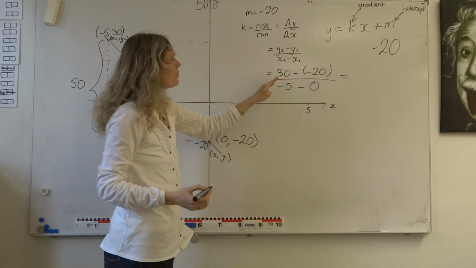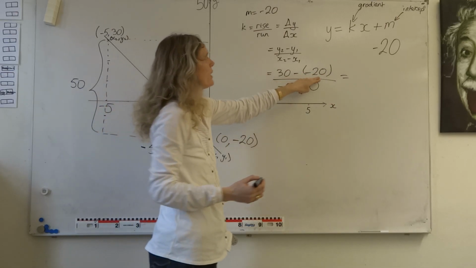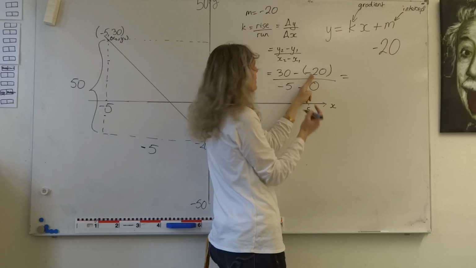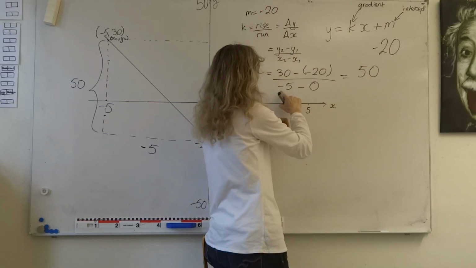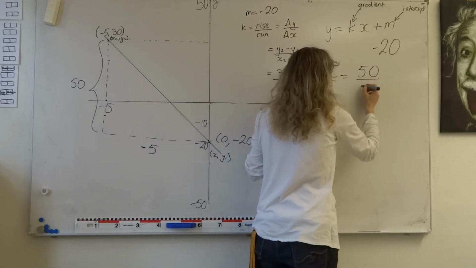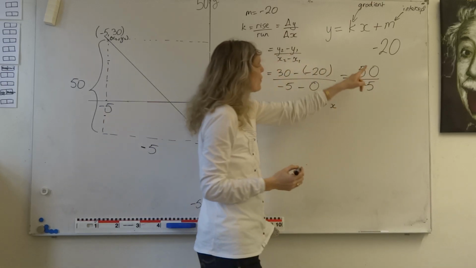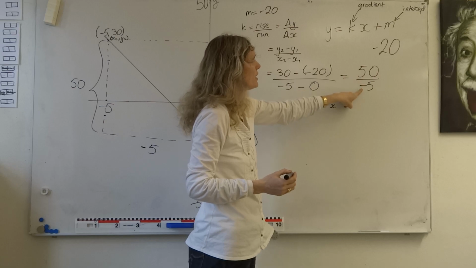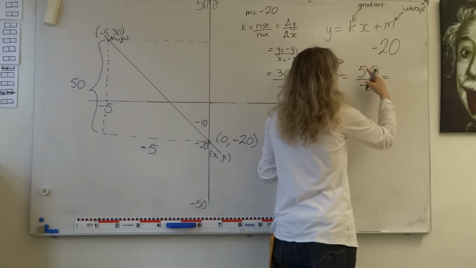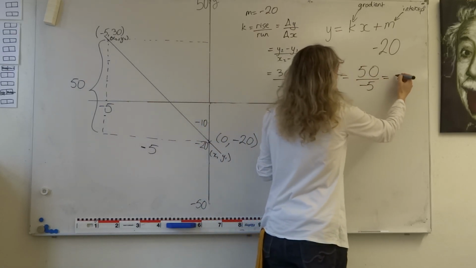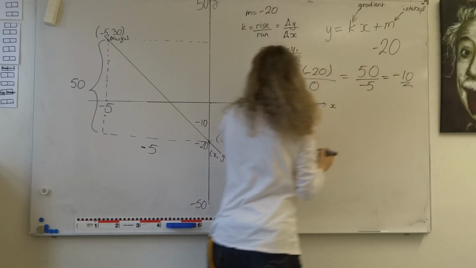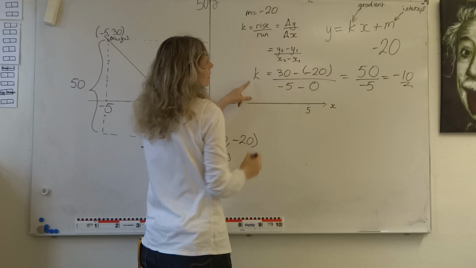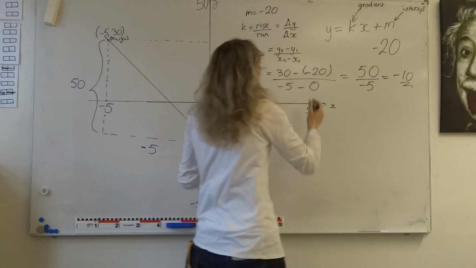So if we look at this, we get 30 minus minus 20. Well, minus times a minus is a plus, so we get 30 plus 20, which is 50, divided by minus 5 minus 0, that's going to be minus 5. So we get that the gradient is going to be 50 divided by minus 5. A plus divided by a minus is a minus, so we're going to get 50 divided by 5, which is 10. So we now know that our gradient k is going to be minus 10,